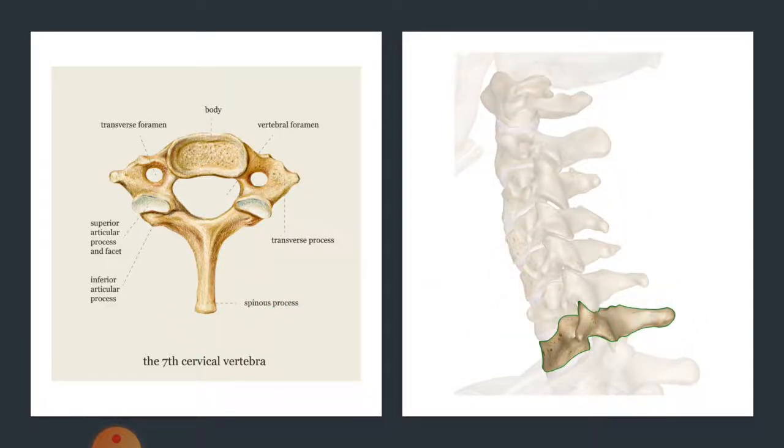This is the lateral view of the cervical spine, and you can see that the C7 vertebra has the longest spinous process. You can count the cervical vertebrae. This is C7, which has the longest spinous process: C7, C6, C5, C4, C3, C2 and C1. So you can see that the C7 vertebra has the longest spinous process, and you can feel it at the back of your neck.